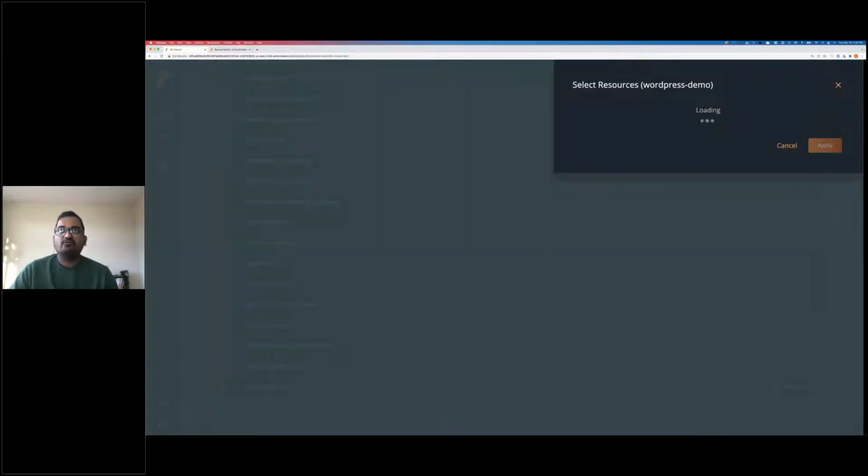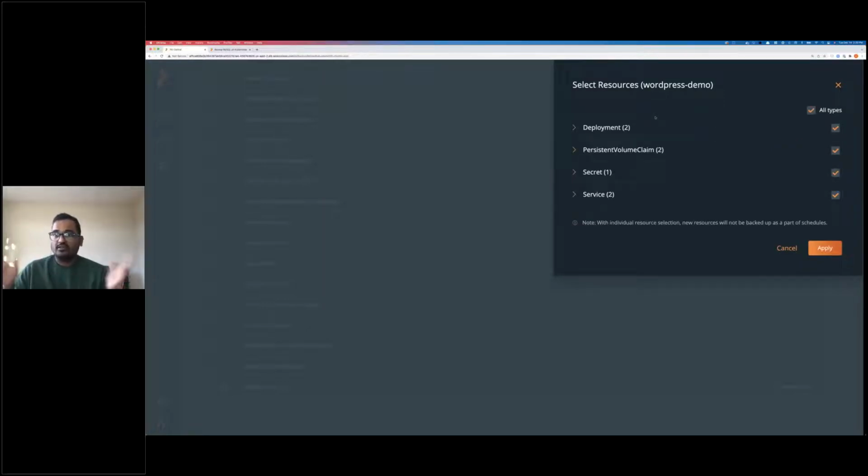I can select individual resources. So as an application owner or a developer, I can create multiple backup jobs. Let's talk about examples, right? When you have an application running, we don't see that the entire app needs to be protected every 15 minutes or every hour. Once you define the number of pods that you have running or the different service objects, they don't change so frequently. They may change over the span of a week or a month, but not every 15 minutes or every hour. So you can have a daily policy that covers the entire namespace,